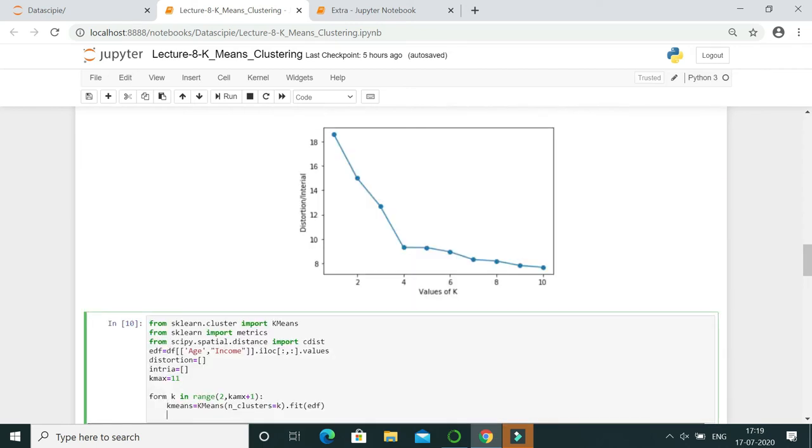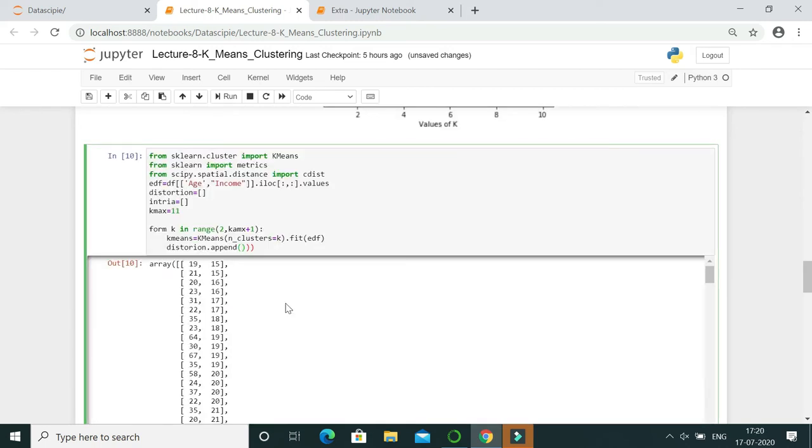So next we have to determine distortion. We define distortion as the average Euclidean distance from the centroid. So for calculating the distortion, dot append, it appends to our list. Okay. Next we have to sum all the Euclidean distances and divide it by the number of points. That's how we calculate distortion.